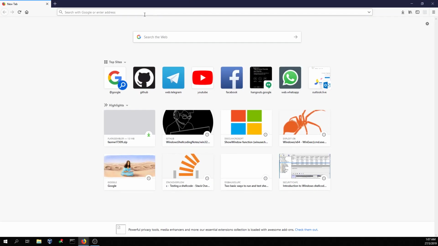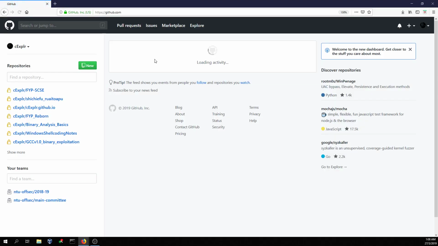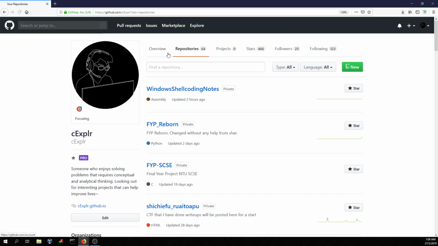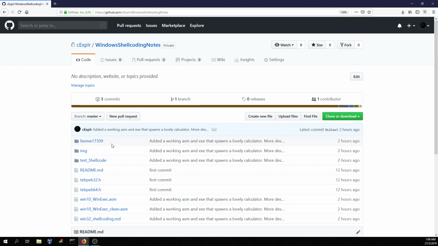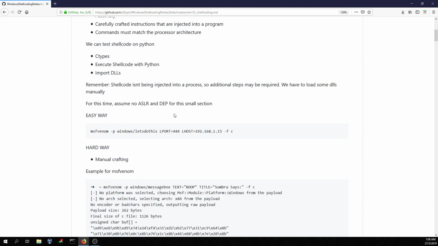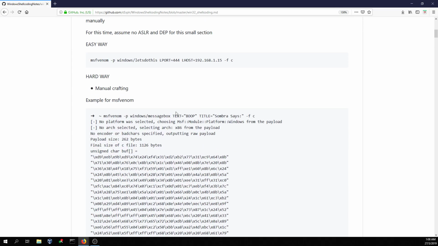Okay, then I think I'll just go through from GitHub, my own repo. Some notes that I took from just now. Okay, here. Okay, for this,